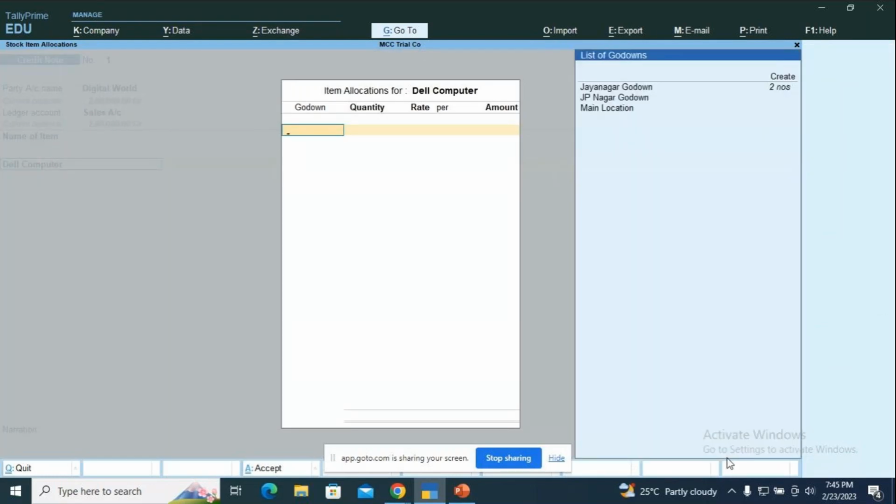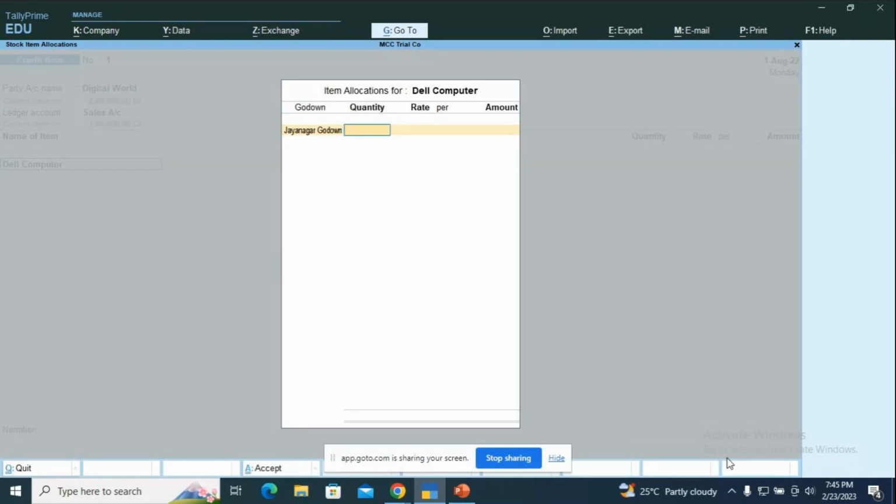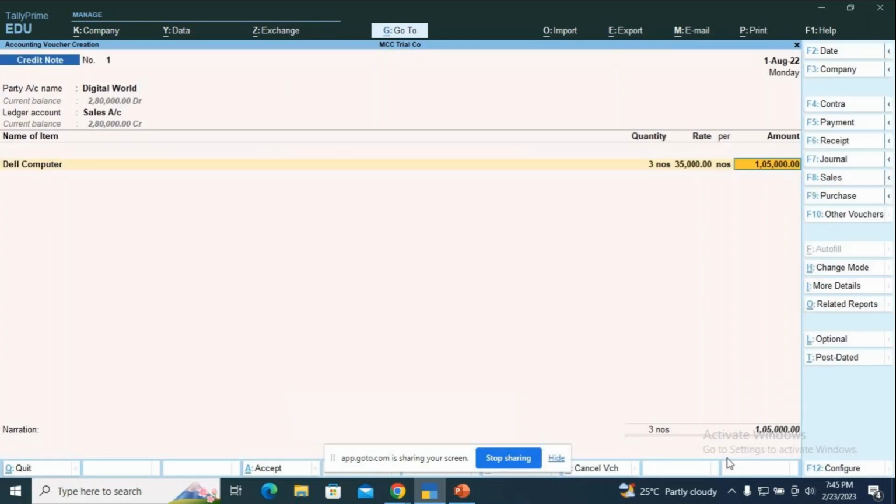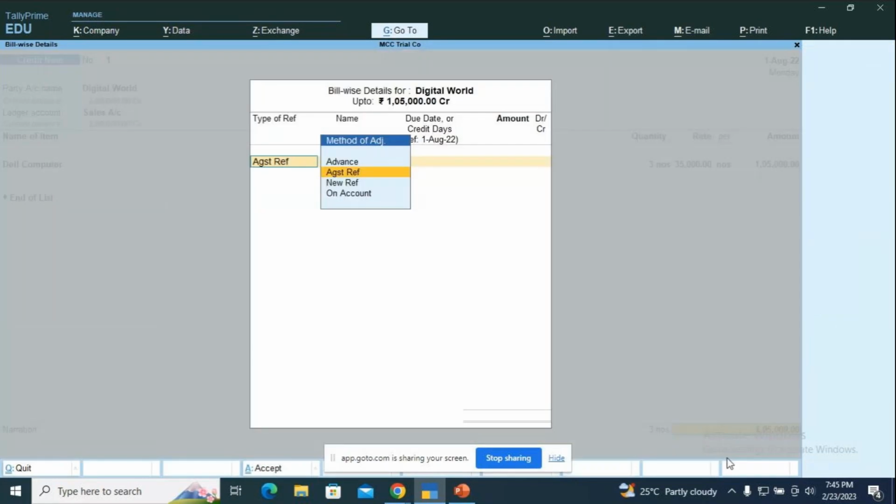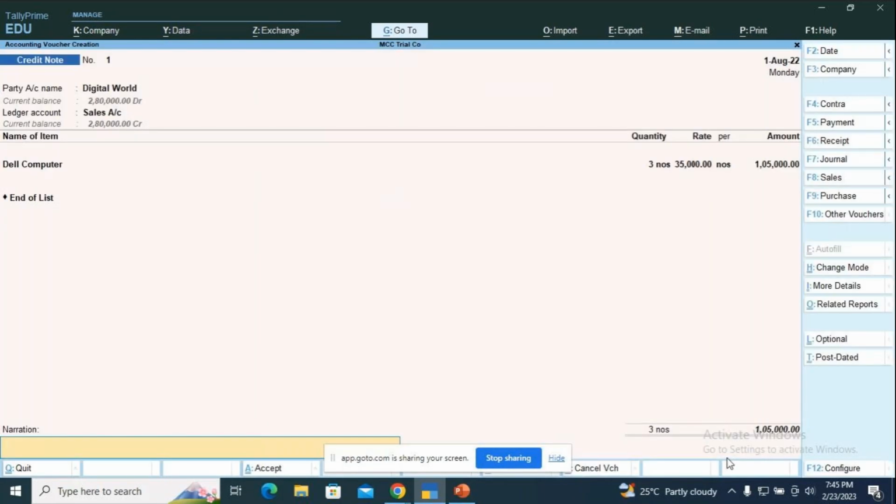So go down, then go down again. How many items? I have sold them 8 computers. Now I am receiving back 3. It will ask for against reference. So now I am getting the sales return of which sales voucher? I need to select the sales voucher being